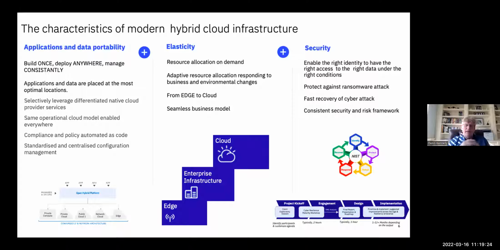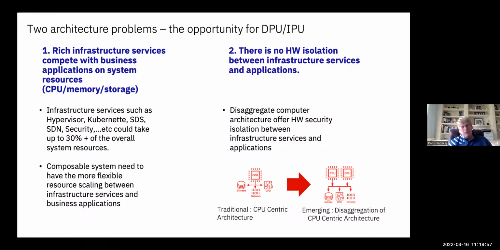Being able to protect against attacks, and obviously the one that's always in the news today is ransomware, how you protect against that. But the sad reality is that you're probably going to get attacked, so how do you recover really quickly from those environments, how do you build that capability into the infrastructure, and show consistency and risk mitigation to the auditors as you look at that environment. So these are some of the core building blocks of the infrastructure we're talking about.